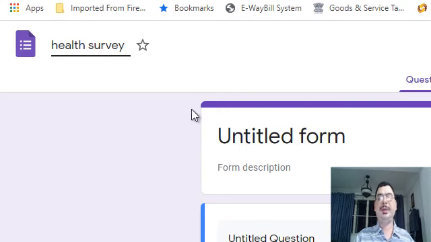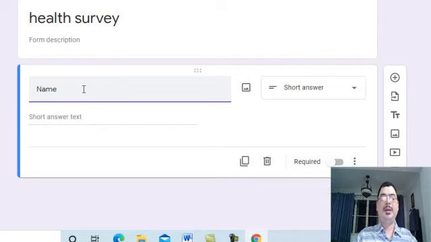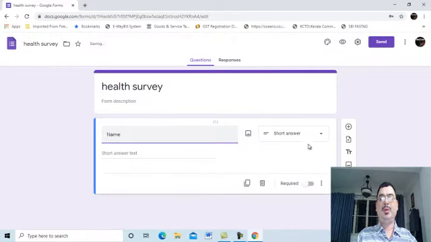I can come to the form and ask the question number 1, name. It immediately recognizes it is a short answer, and I can now go to the right.